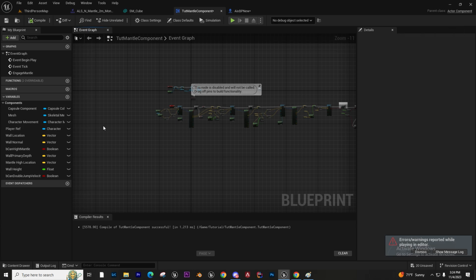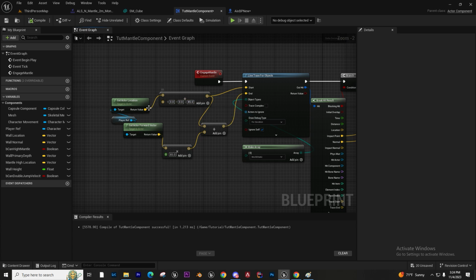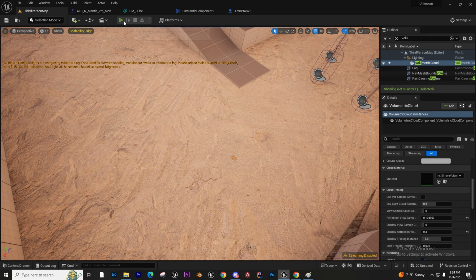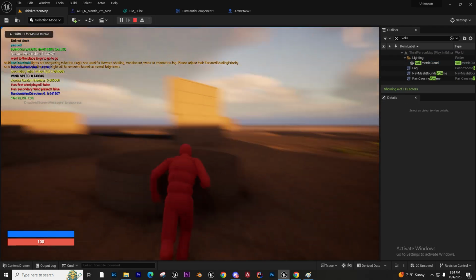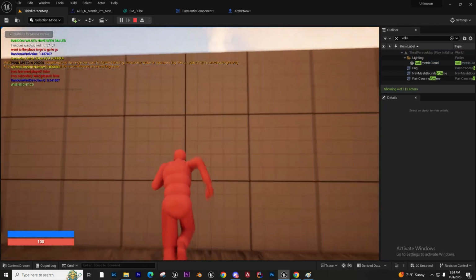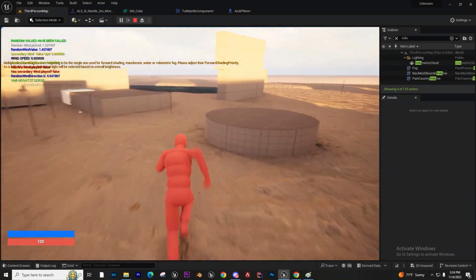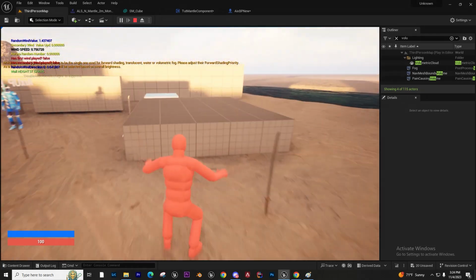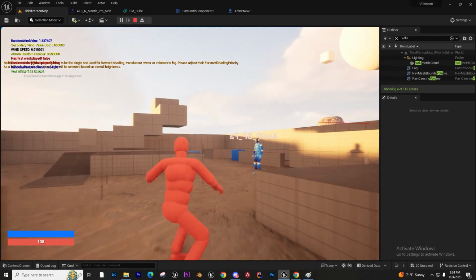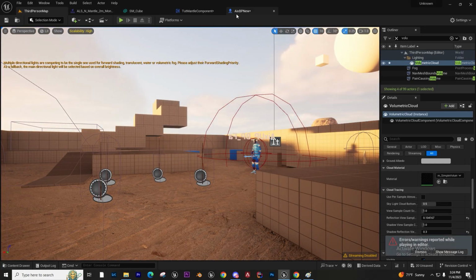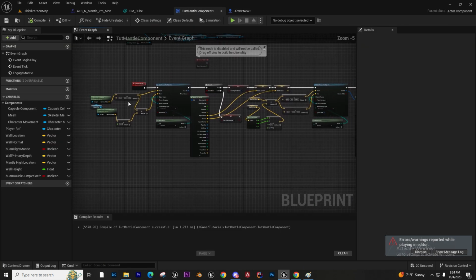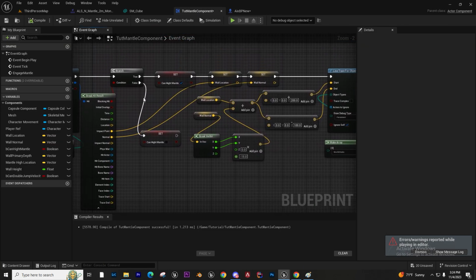Okay, now we previously had this as a high mantle jump, but now we want to do some low mantle jumps. So it's really easy. It's the same principle. Just go in here and off of